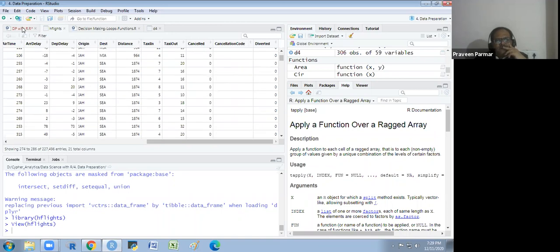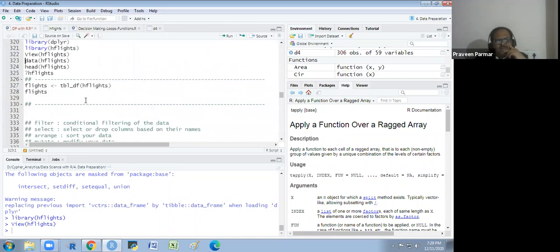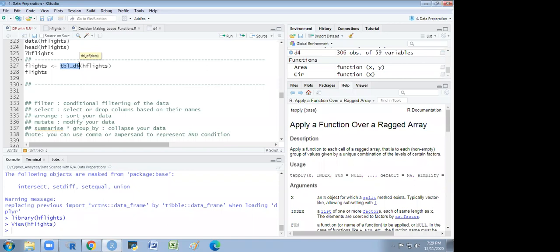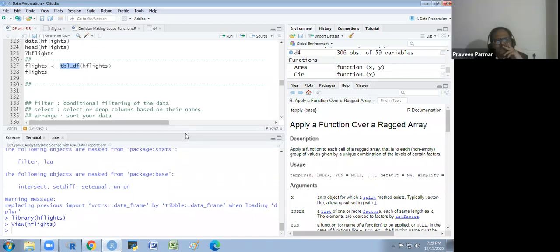So this is our data, and I convert it into a tibble. Tibble is just a way to get the output directly in the console, but with a limited number of observations, 10 observations, and a few columns. If I use the data frame directly, then I have to use head again and again when I want to print this in my console. So I will use the tibble.